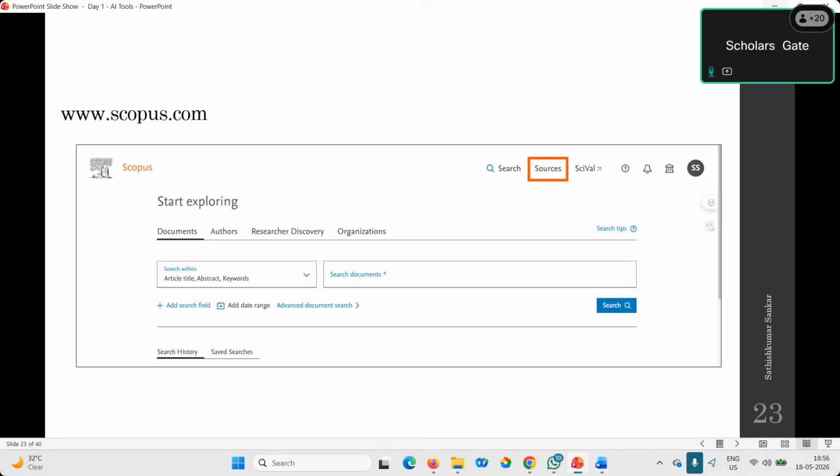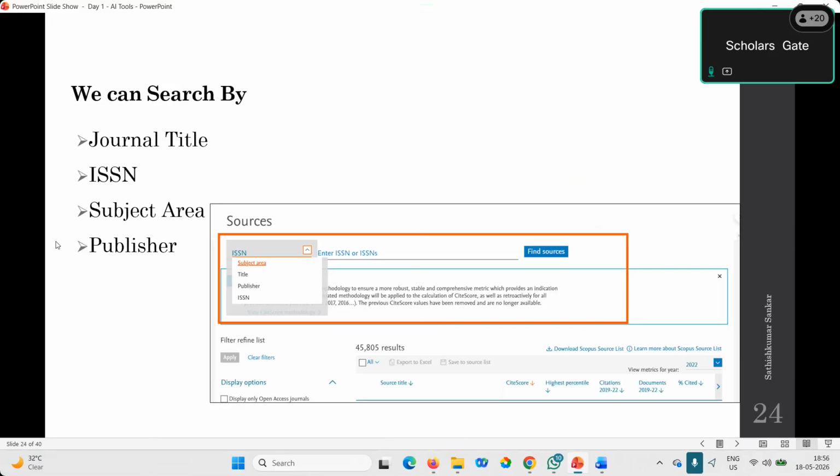Directly you can go to www.scopus.com. Once you land on this web page, in the right side corner, the Sources option is available. Once you click the Sources option, there are different options available, which include the journal title, ISSN number, subject area and publisher. So if you know the journal title or ISSN, whatever data you have,